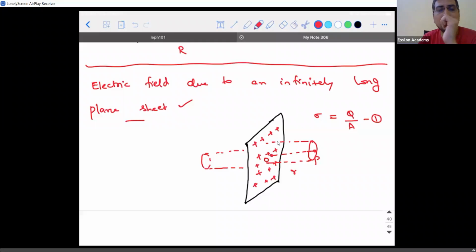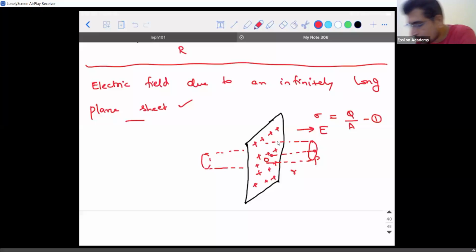I need to consider a small area. So here I considered a cylinder like this with respect to the sheet. The cylinder has a curved part and two flat surfaces. So I will take area on which side? Logically, you tell me. If I look at the sheet, the electric field is only going to be in this direction, away from it. Similarly, for this, it is away from it. So keeping all these points in mind, if I call this the electric field, I will consider the area vector on each flat surface.